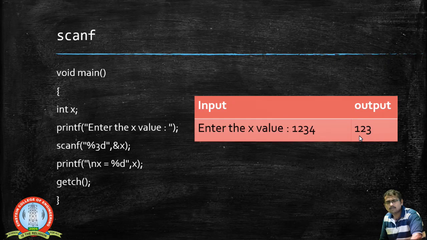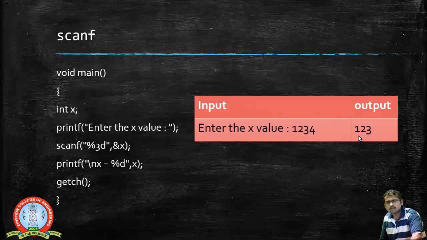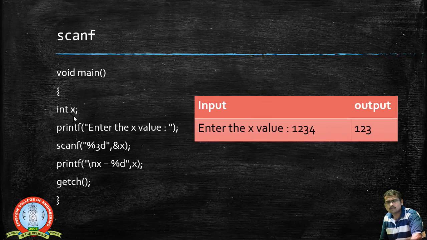And similarly, this is another program. When you look into this program, I have a variable named x, which is stored as an integer value. While getting the value for x, I have specified the width of x. The width specified here is 3, so it can accept a maximum value of size 3 alone. Now I am entering the value of x as 1, 2, 3, 4, but the width is only 3, so it accepts only 1, 2 and 3 and not the 4. So this 4 gets neglected, and in the output I get only 1, 2 and 3.